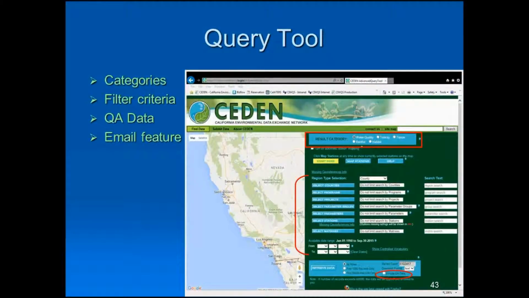And here is a screenshot of our query tool, and up at the top, the red box highlighted there is one of the key boxes. A lot of people miss it, but that's where you define which category of data you want to find data for. Then there are a number of filter criteria in the middle, and down in the oval at the bottom is where you check whether you want to also receive the QA data along with the other data you're